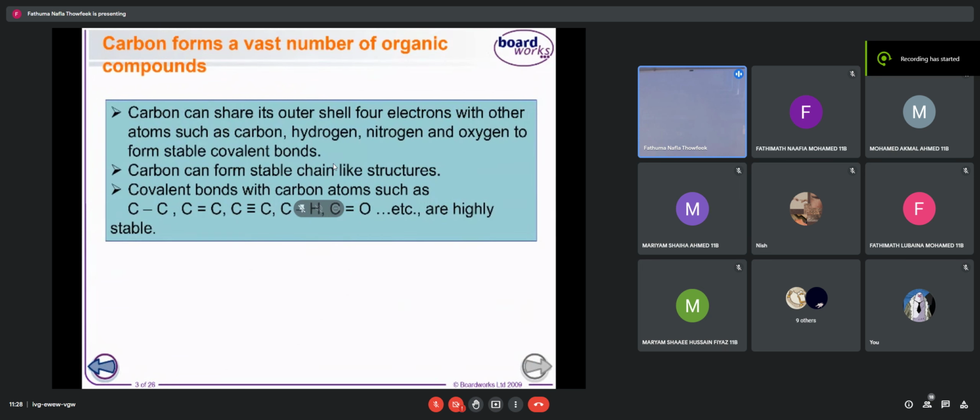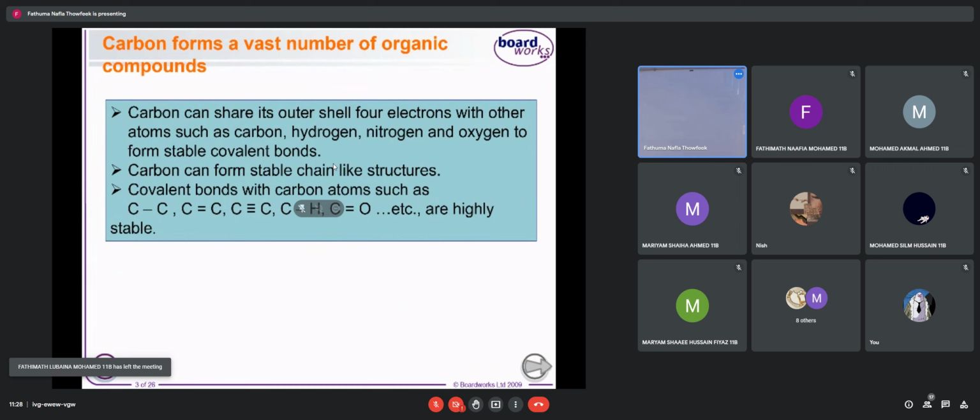Carbon forms a vast number of organic compounds. Carbon can share its outer shell 4 electrons. Carbon is in group 4, right? It has 4 electrons in the outermost shell. It can share all 4 electrons. Carbon can share its outer shell 4 electrons with other atoms such as carbon, hydrogen, nitrogen, and oxygen to form